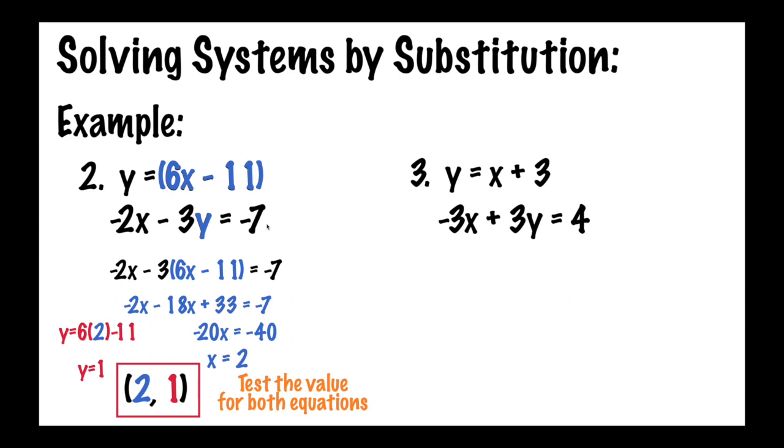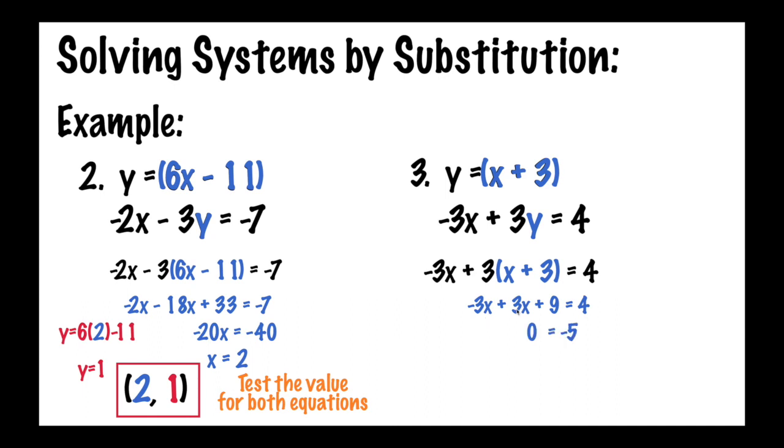For number 3, same thing. We take what y is equal to, and we're going to plug that in for the y in the second equation. This becomes negative 3x plus 3 times the quantity x plus 3 equals 4. We can distribute. We keep the negative 3x, we get 3x plus 9 here. Now in this case, the negative 3x and the positive 3x will actually cancel each other, and I'm going to get,